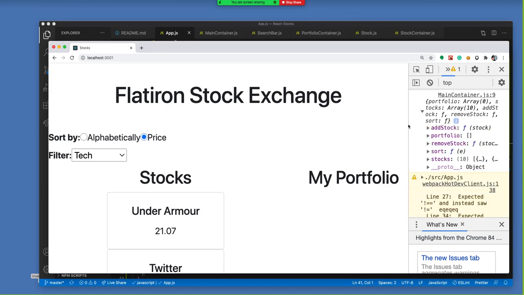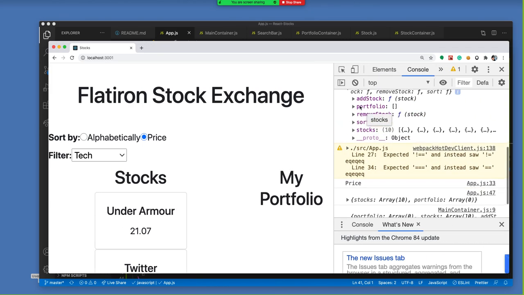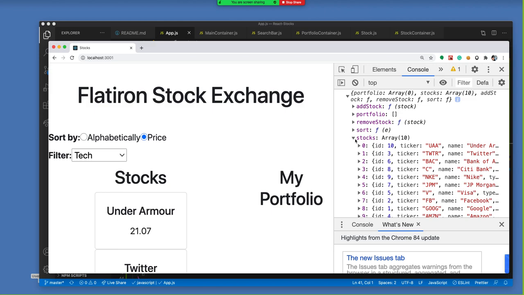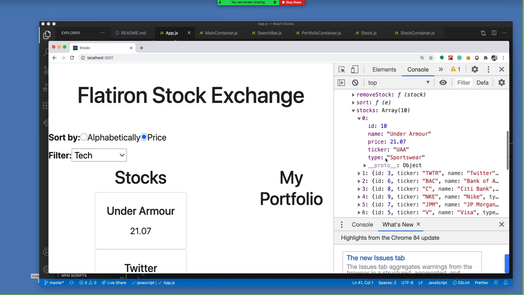Our stock object, there they are, has a type. And that type is either going to be tech, sportswear, or finance. So we are going to be sorting by one of these. In order for me to do that, I need to be able to grab whatever is selected in this drop